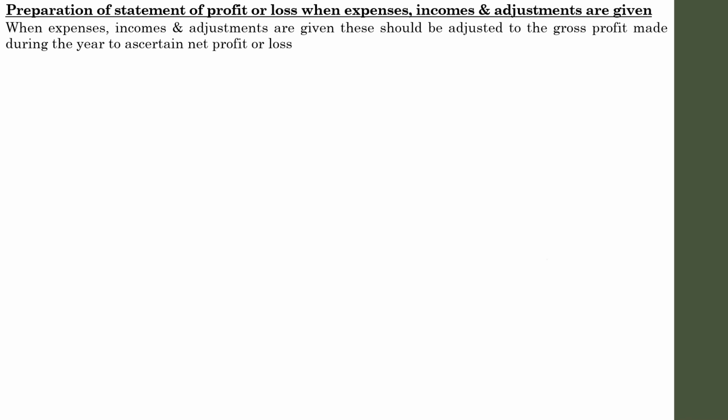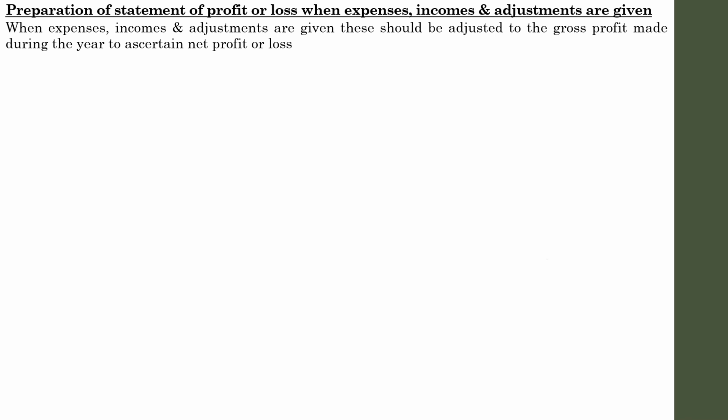Similarly, the same pattern is followed here, but in the statement of profit or loss, we have learned that first of all we begin with closing capital. You will add drawings during the year, you will deduct any additional capital, and finally if you deduct the opening capital from the balance, you will get profit or loss. But in this situation, you have to adjust some additional items such as expenses and incomes. Before we discuss in detail, you need to have some idea about what the expenses are which you are going to deal with in a question, and what the incomes are. It is almost simple.